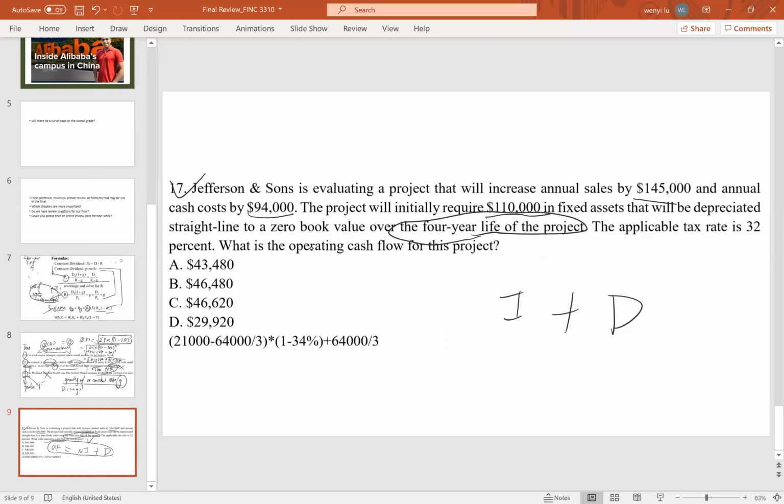And below is what we have done in the project, right? So I use this one as a reference. These two must be very similar, but here we have different numbers. So you can see here, our net income will be 145,000 minus